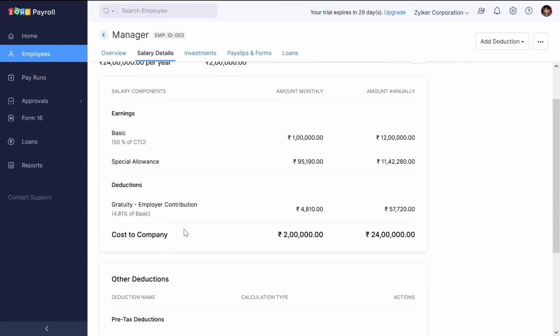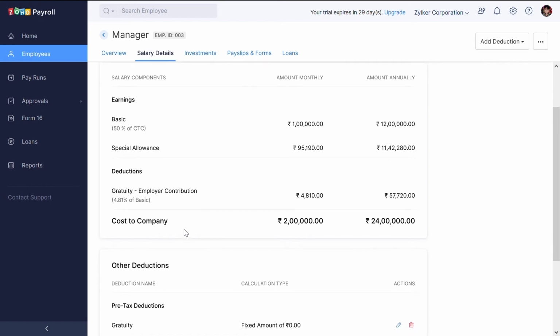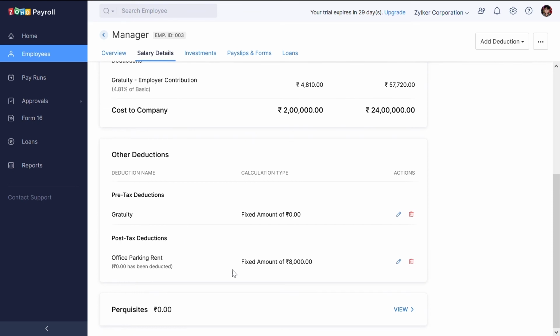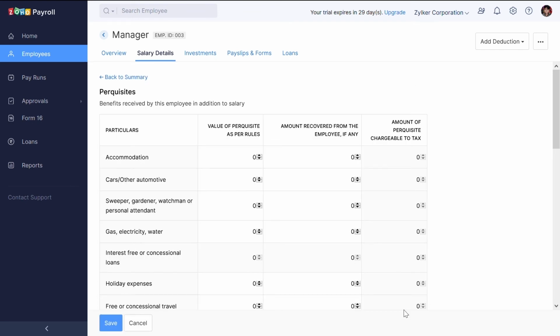Apart from this, we have the perquisites that needs to be set up. For that, you can scroll to the perquisites option in the salary details page. Here, there are various heads under which the perquisites can be provided to the employees. In this case, we have company accommodation worth of rupees 2 lakhs per year.